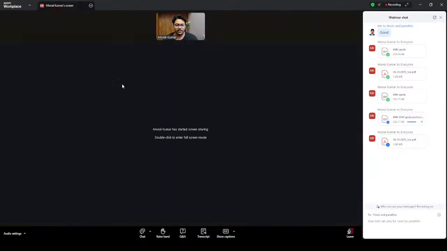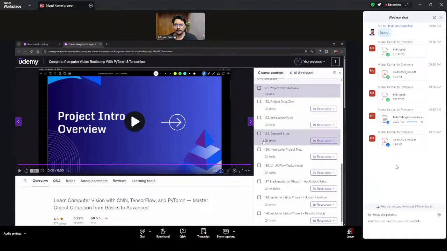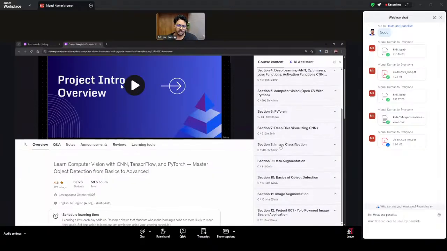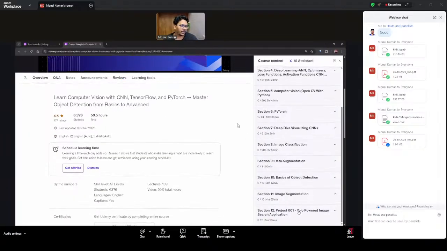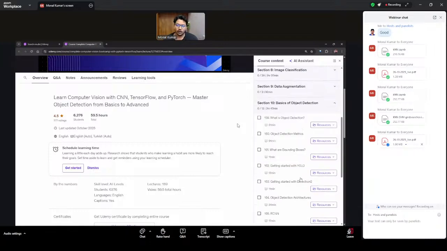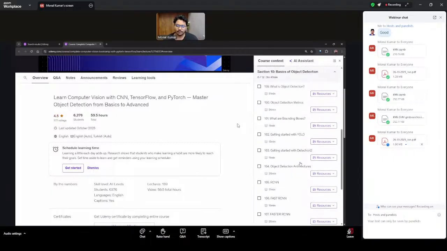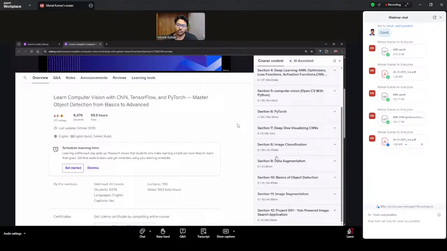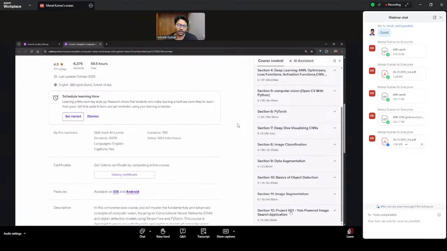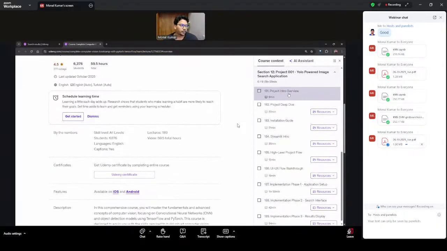So guys, let me share my screen. I hope everyone is able to see this. Yes. So this is the new section number 12, which got added. Okay. This is YOLO powered image search. YOLO is an algorithm of computer vision. You will understand it in the object detection part. You can see in object detection, you will see YOLO V11. So that explanation is there, but my part was to create a project, and you can see this is about the project. So what I did is